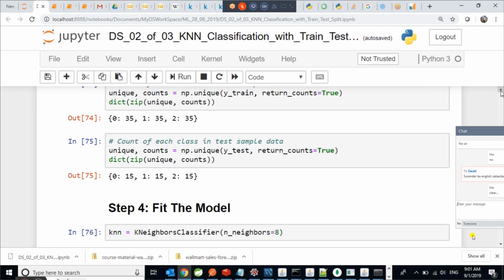We cannot check again and again manually like this. How do we know that we should use n_neighbors equal to 8 only? How do we know that we should use n_neighbors equal to 5? How do you know? So the manual approach is, you can go here